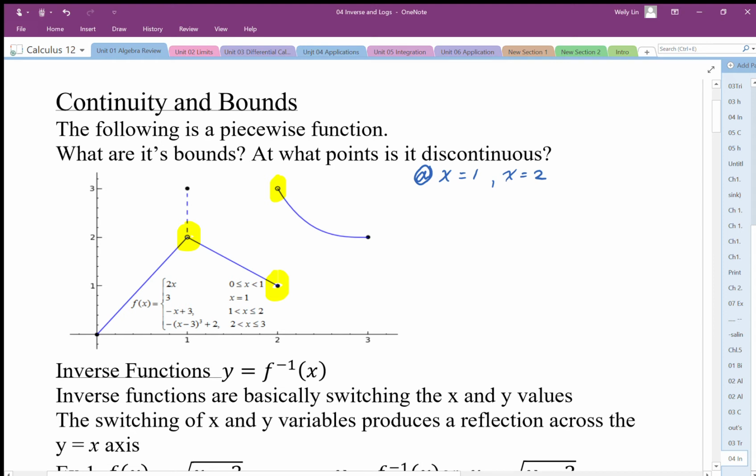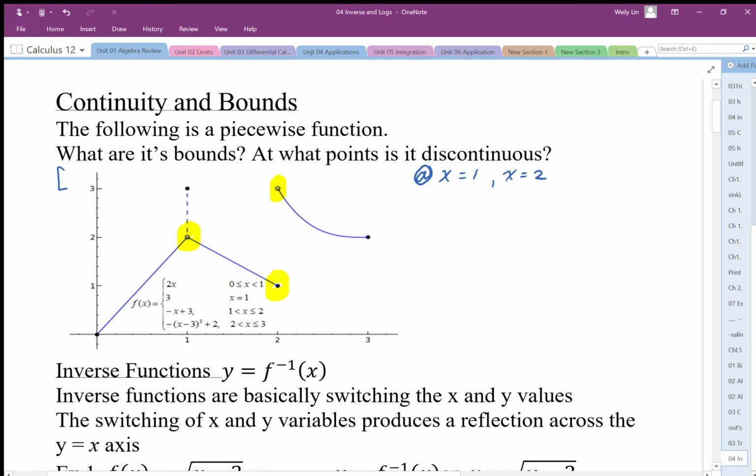When it talks about bounds, what are the bounds of this function? The bounds are going to be where it's defined. So in this case, it's defined from this point, 0. It's defined at that point. It's defined at 2. It's defined all the way to 3. So the bounds of this function are going to be from